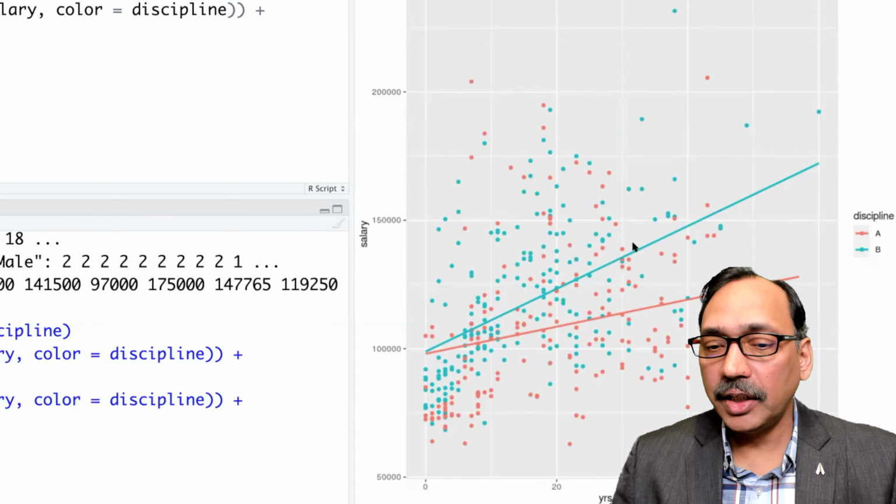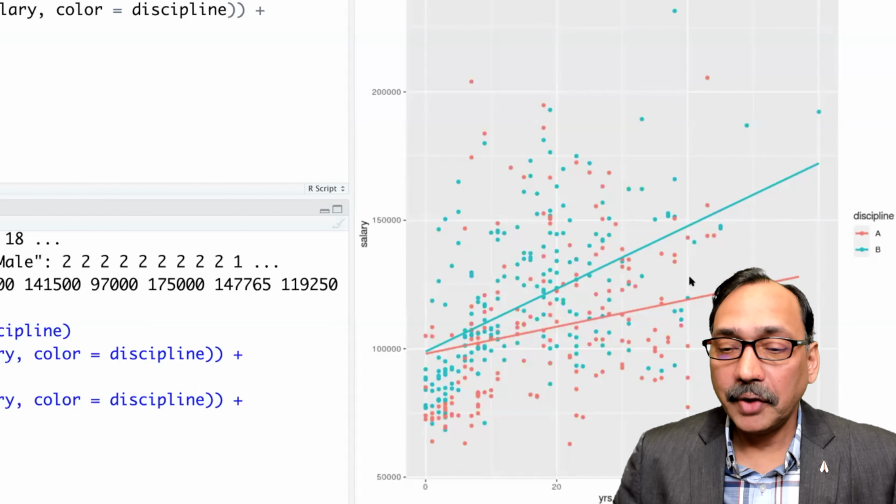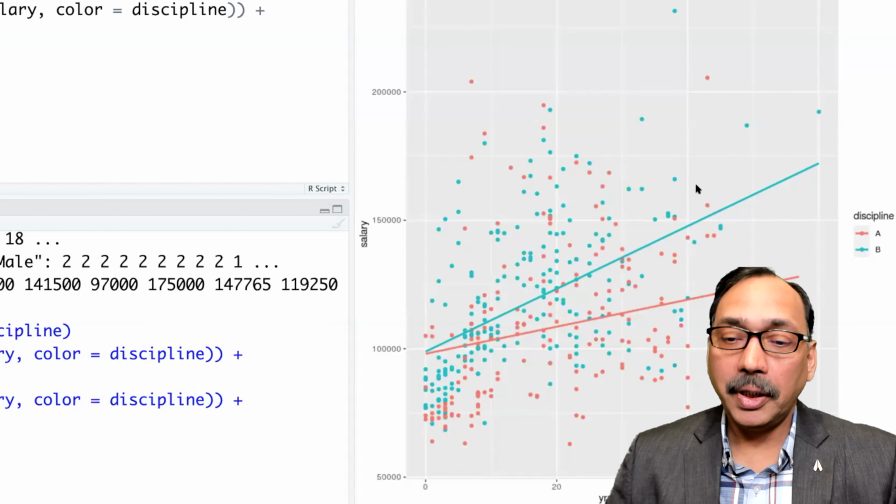Although there is a lot of variability, on average you'll find that the rate at which salaries increase for people in discipline B is greater.